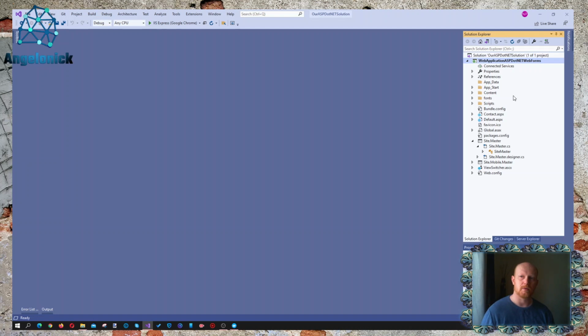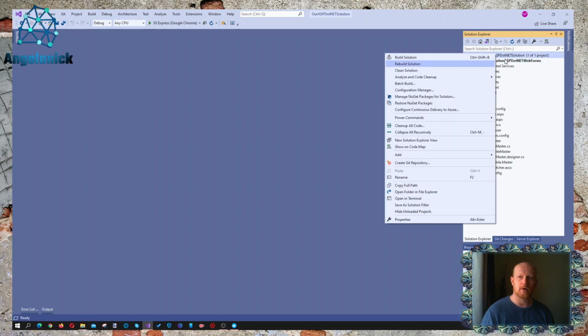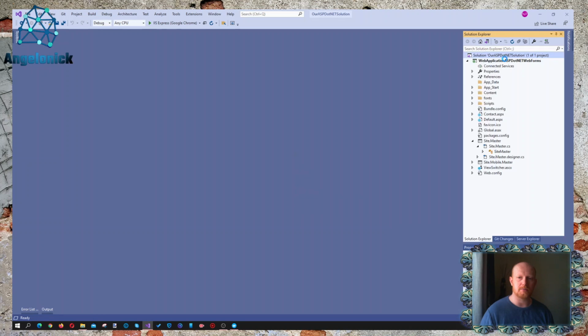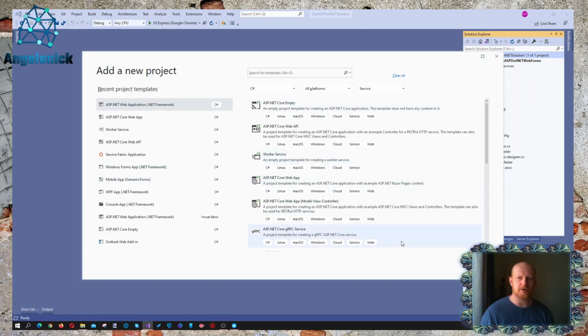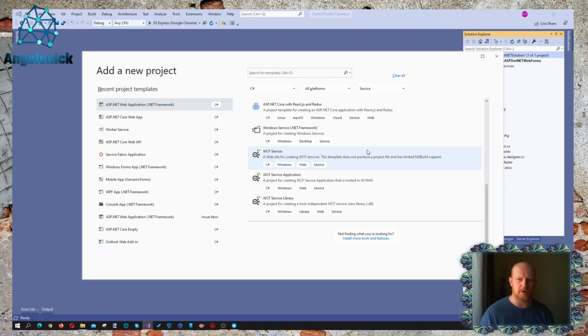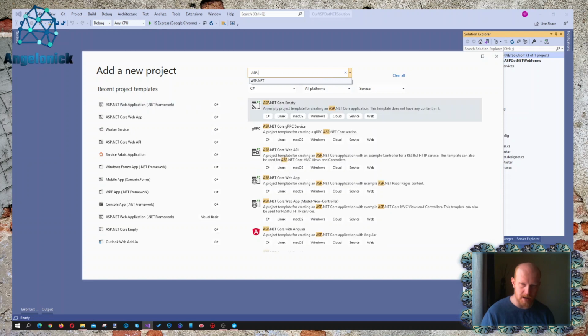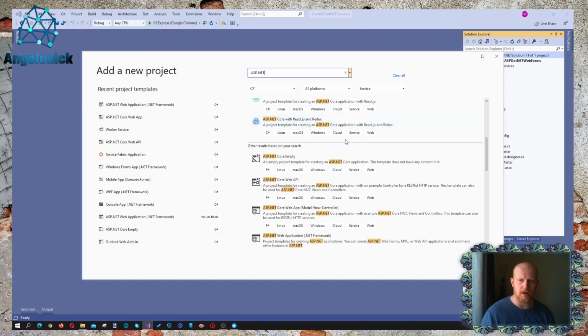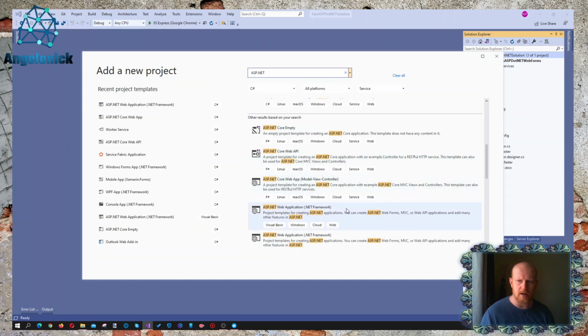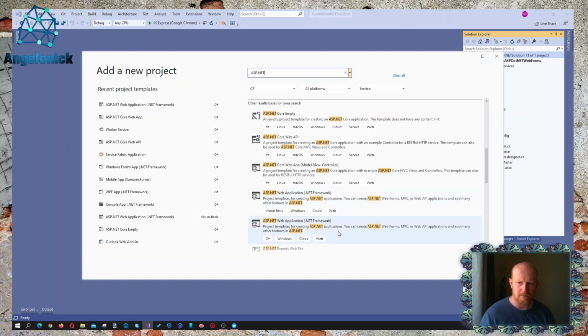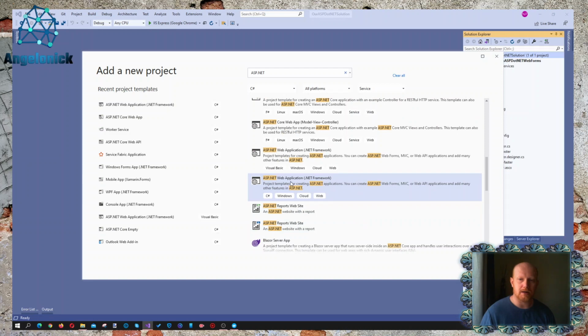It's quite nice to know. Everybody must know this also. Now we will do another project. We will add another project, and this project is also web forms. Let's put ASPX, ASP.NET. We have ASP.NET Core and so on, and we start again with something like the .NET Framework in C#. Can you see? Because it can be Visual Basic or F# or whatever. C# is another programming language, and so on. Okay, good. So we have ASP.NET Web Applications